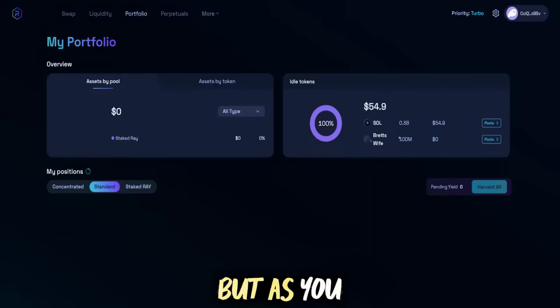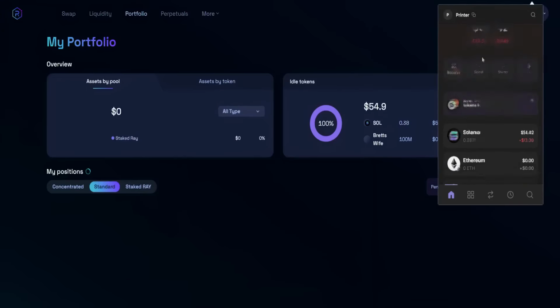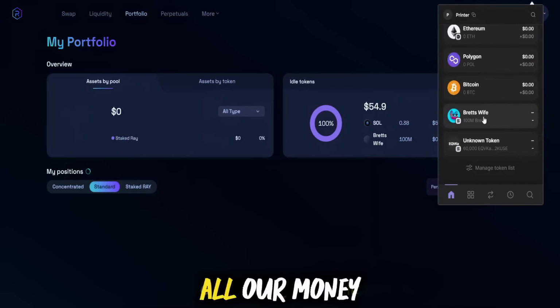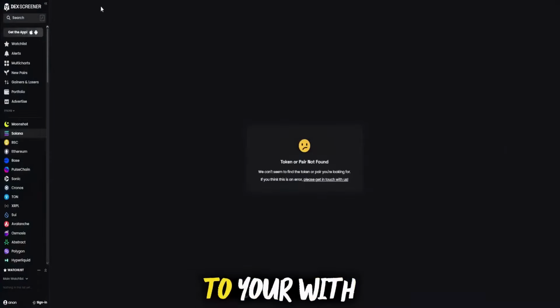It's going to take a couple minutes, but as you can see here, we're holding 100 million, and if you want to check in the wallet, there we go. We're holding 100 million. All our money is in the burner right now. Okay, nice. So you want to go over to